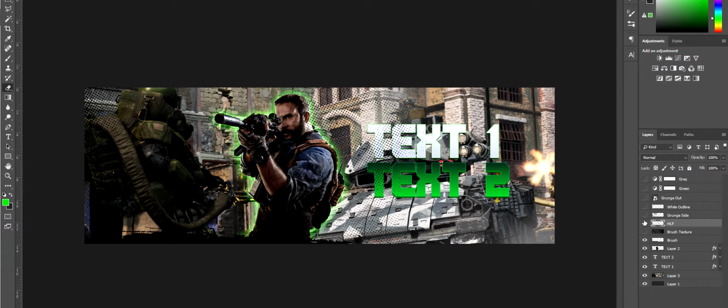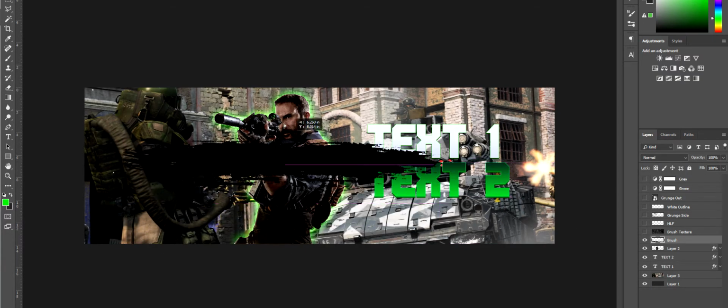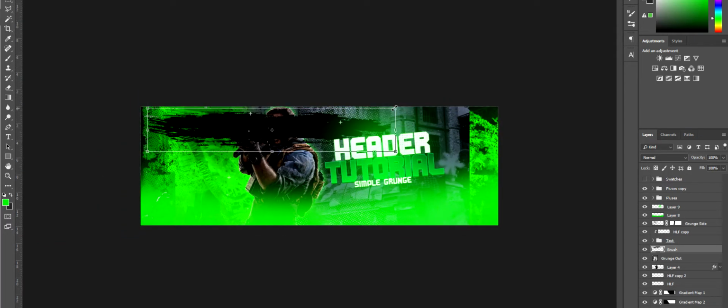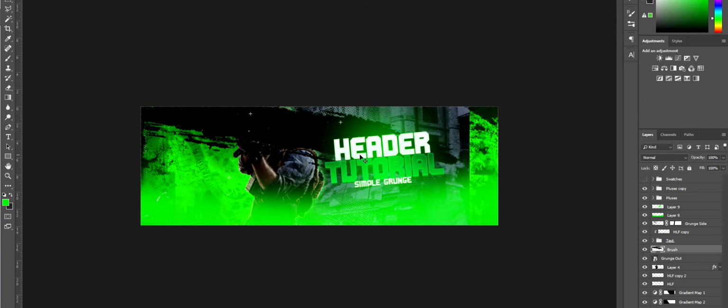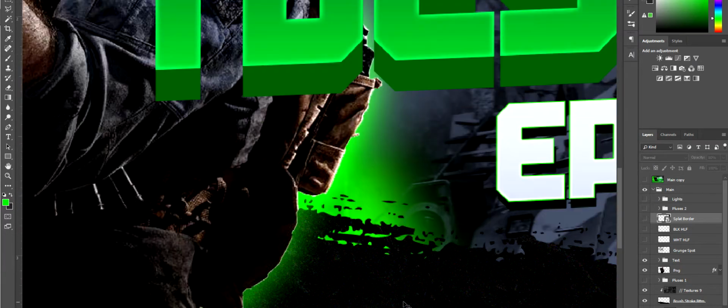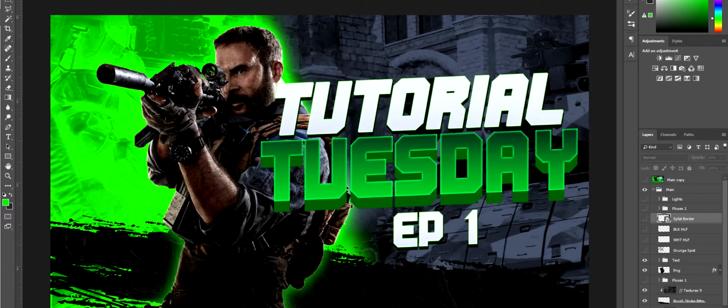Okay, next I'm gonna add the actual brush. It's gonna be right here. What I do with this, just make it bigger. It helps it take up more space so the header doesn't seem empty. Now to make it noisy like I did, like right here, how you can see the noise on it,